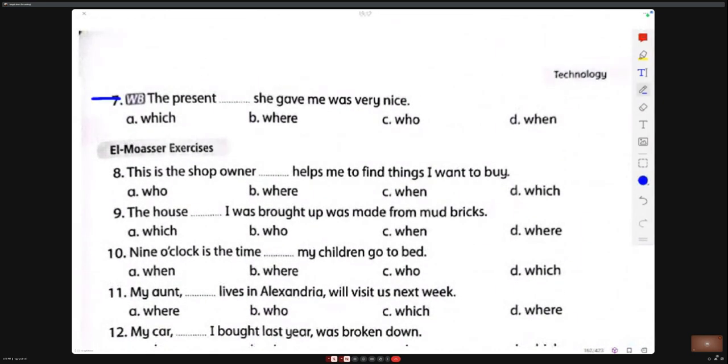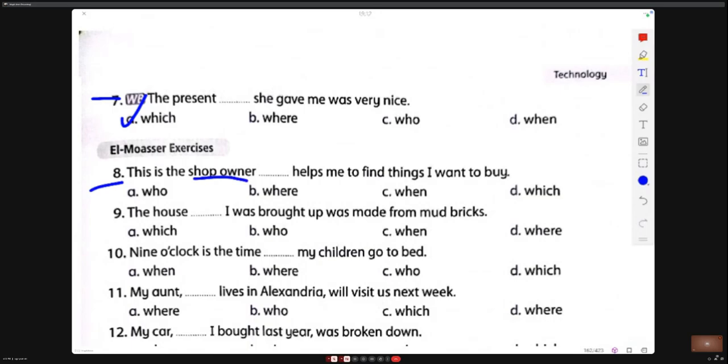Number 7. The present that she gave me was very nice. Which. Correct. This is the shop owner. Which?